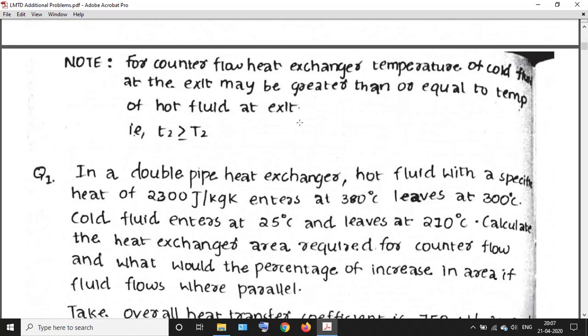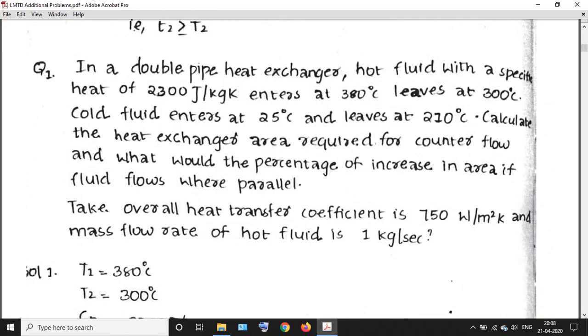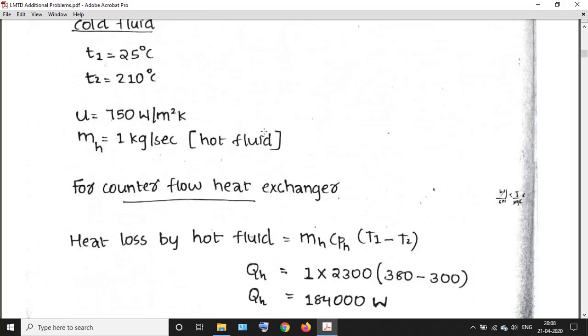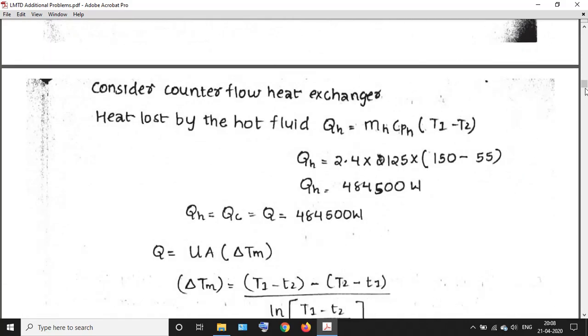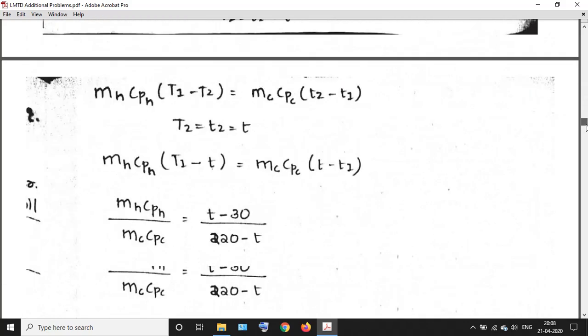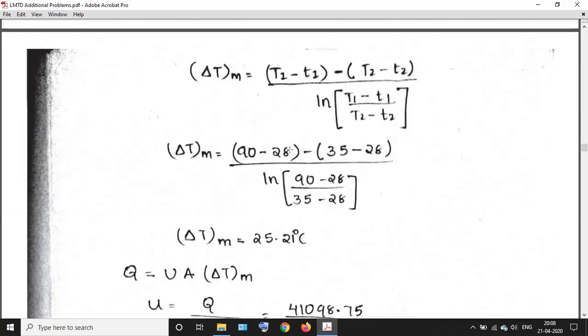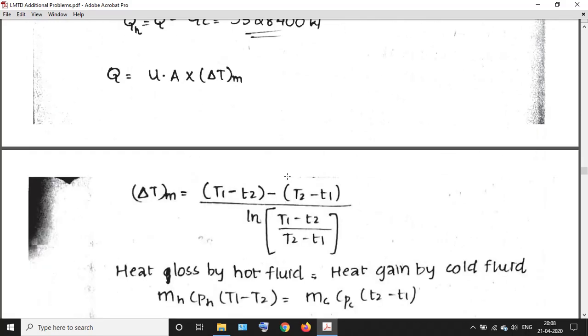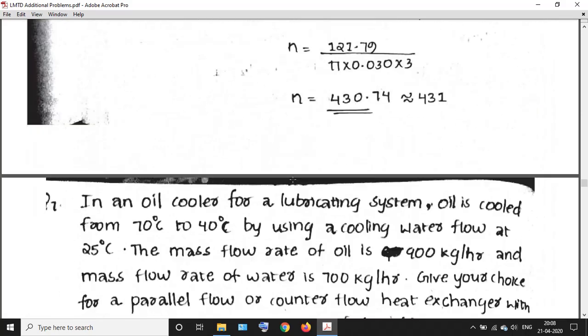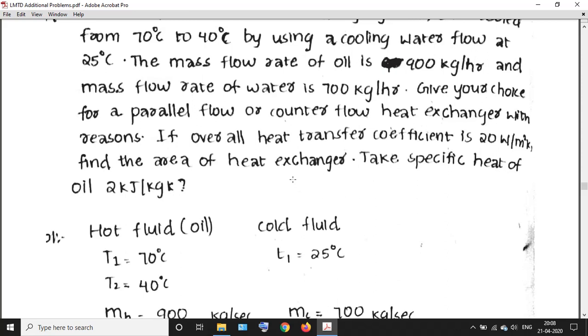So here I am attaching some solved problems which are relevant to the LMTD method for counter flow as well as parallel flow. So you can see or solve different problems, and towards the end I have also included certain problems based on cross flow arrangements as well. So you can follow these lectures, try to work out these problems. Some varieties or complications can happen in each and every question, so I recommend you to solve these problems.